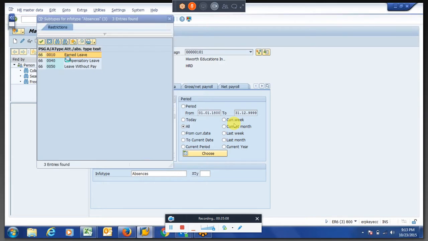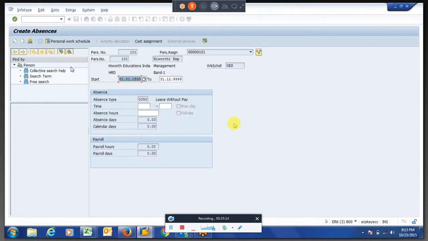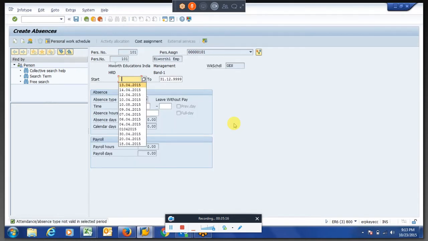If there is a change, the user changes something. Say I maintain the 13th as an absence. Krishna, can you maintain absence for the full month, 1/4/2015? Leave it out.